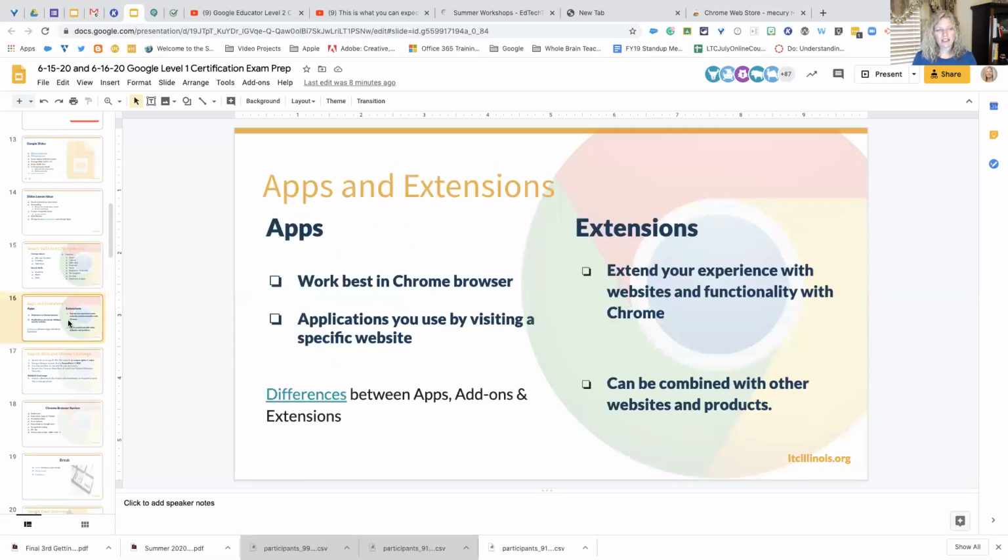If you look here at slide 16, if you're kind of confused about, okay, she's talking about apps, she's talking about extensions: apps are like Google Slides, Google Docs, Google Sheets, the applications. When you're using the Google apps, they work best in the Google Chrome web browser. Why? Because all of the functions, all of the tools will work in that web browser. The extensions just extend the functionality of a website. Hopefully it helps